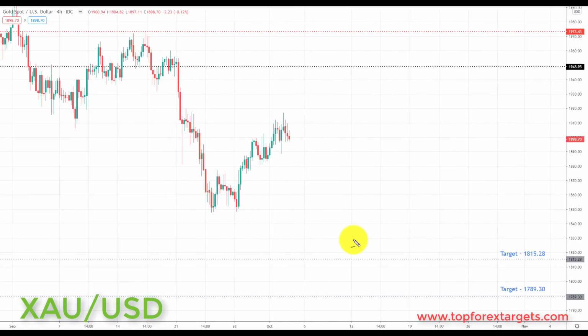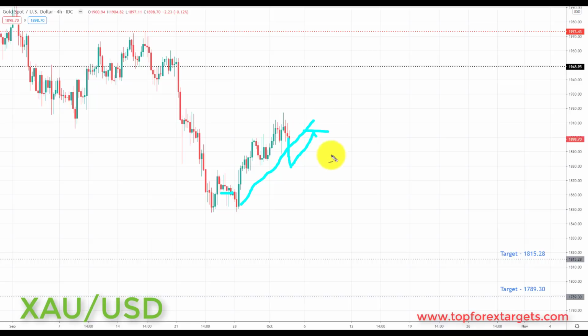And last but not least, we have gold. Now last week we started the week right down here and we were looking for a correction towards the 1948.95. We have had a nice pullback in gold. So very simply put, going into this week, we are looking for bearish setups in this market. Any break to the downside, if we could come down and break the 1890, this would be a great opportunity to start to look for short positions in this market.